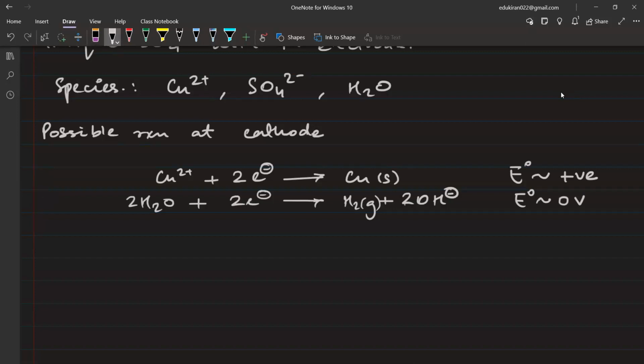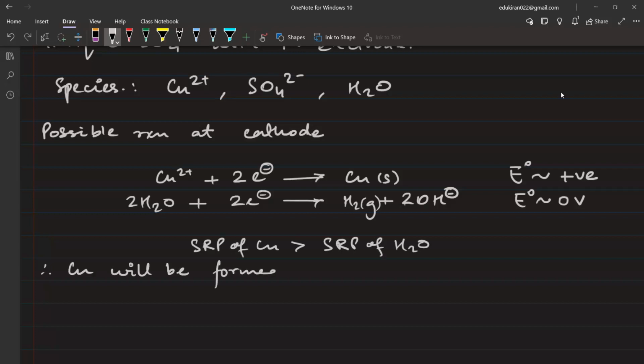ऐसे लिख लीजिएगा आप, SRP of copper is greater than SRP of H2O. Therefore, copper will be formed at cathode. ठीक है ना? रही बात एनोड की, प्लीज राइट at anode